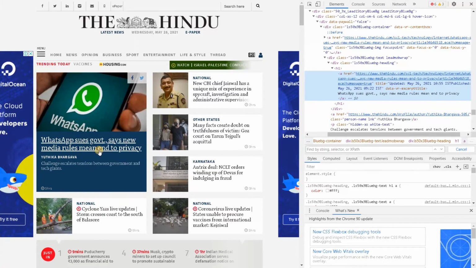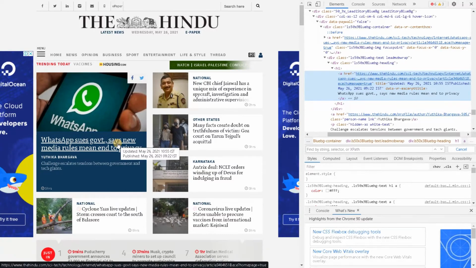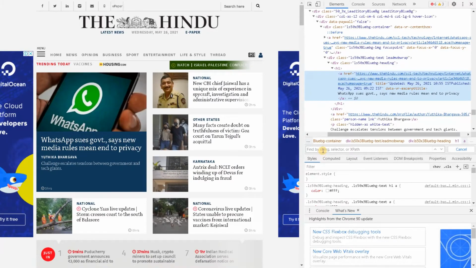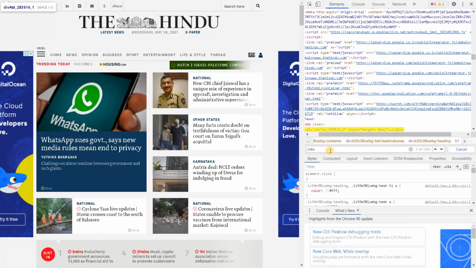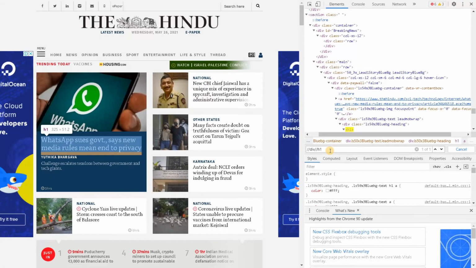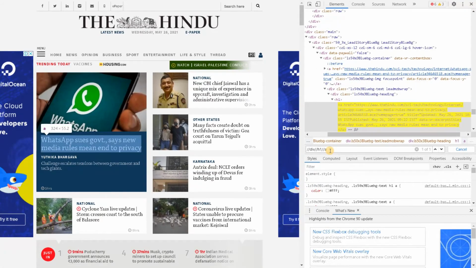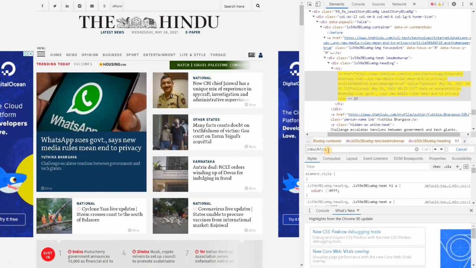To get this particular element, we can go in two ways. One is some hard-coded tags. Here it comes under a div tag, h1 tag and anchor tag. Let's try div slash h1 slash a. See, we have got the particular tag and we have only one element. So there is no ambiguity here. Another way of doing this is,